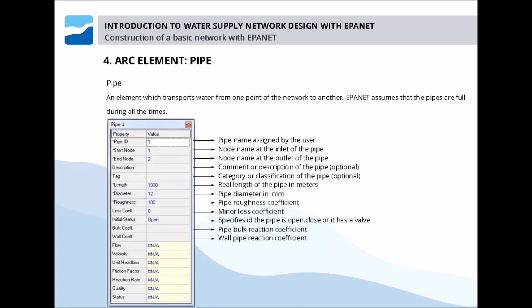Pipes. Pipes are arc elements which transport water from a point in the network to another. EPANET assumes that the pipes are full at all times. The flow direction is the following: from the highest hydraulic head to the end of the lowest pipe, always following the decrease in height. The most important hydraulic parameters for the pipes are all those presented in this slide, such as,